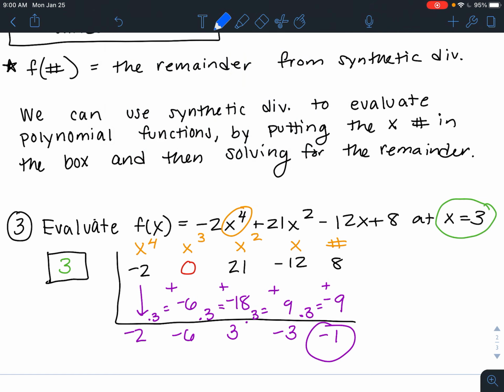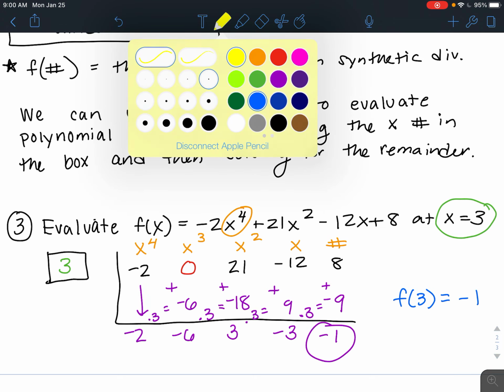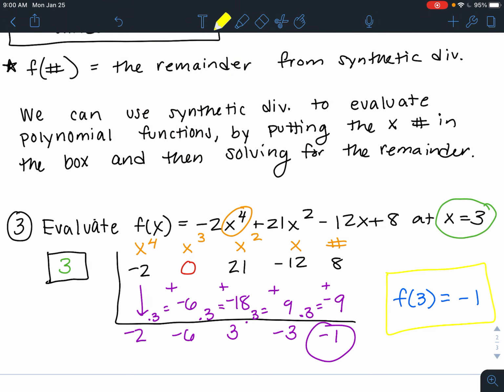So this tells me the answer, f of 3 is equal to negative 1. And that's the whole way that we use the remainder